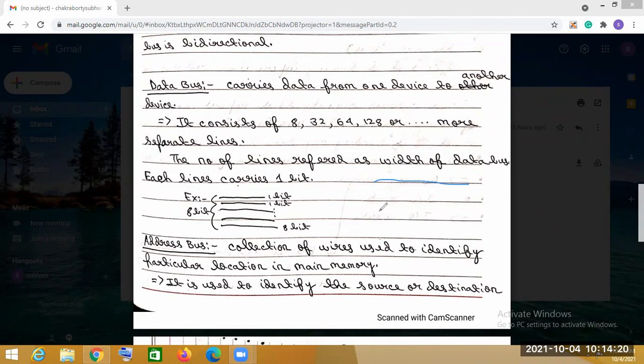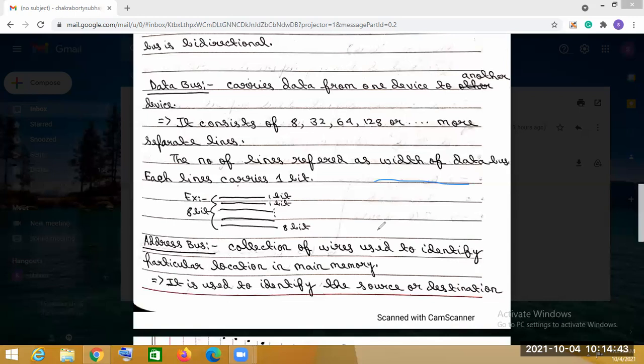And an example is the 8080 microprocessor. It has a 16-bit address bus, and this 16-bit address bus gives 64K address space. So this is the example.